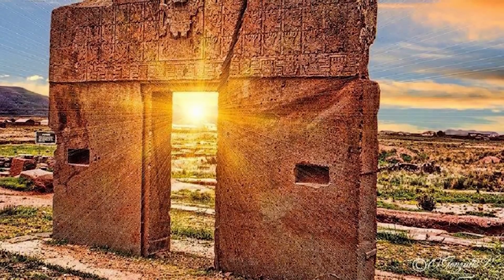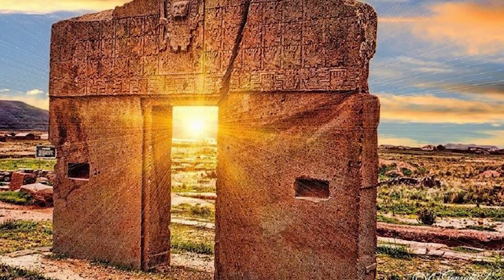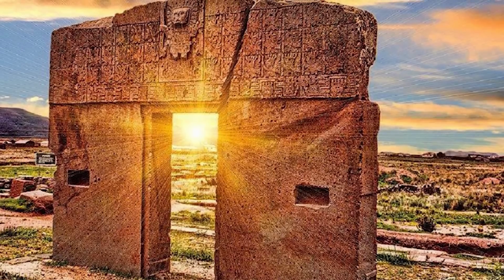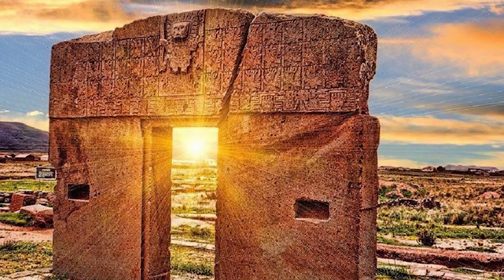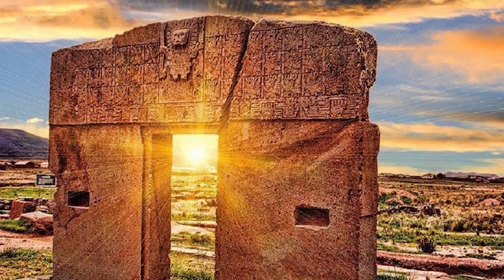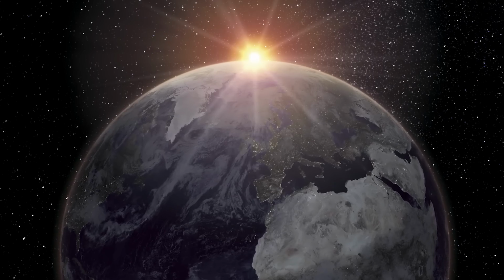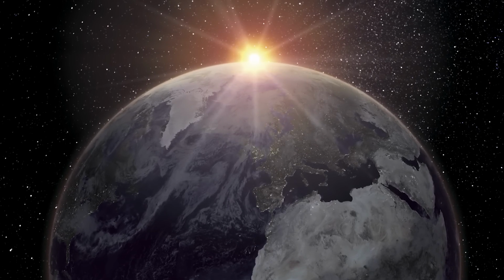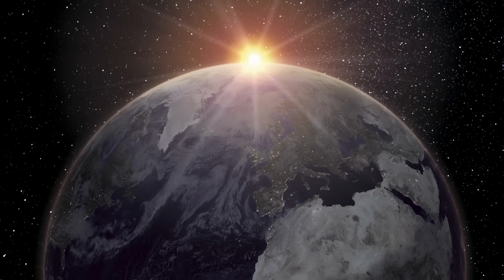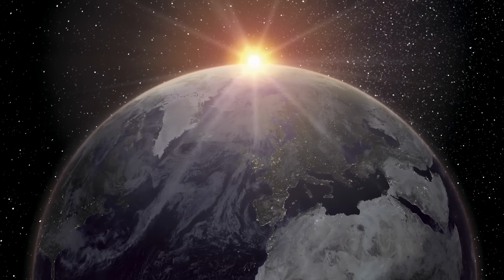There is also the debate about its purpose. Some advocates of the ancient astronaut theory believe it could be a calendar for another planet. Others think that it isn't a calendar about time at all, but instead depicts the movements of the Earth in relation to the universe. It was determined that the people who once lived there were capable of advanced mathematics, insofar as calculating the Earth on its axis, and could accurately predict the coming of eclipses, no matter the side of